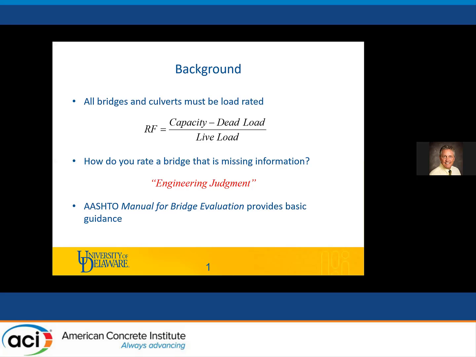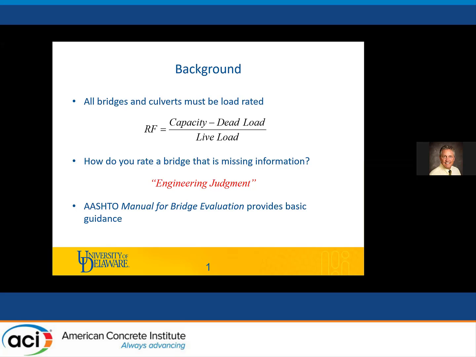Okay. As many of you probably know, all bridges have to be load rated. Federal regulations require bridges to be inspected every 2 years and also to be load rated. And that rating is basically a calculation, shown in the slide here, where for the capacity of the bridge, you subtract the dead load and then divide by the live load. Basically it's looking at the reserve capacity in the bridge for live loads. And that's done for moments, for shears, for reactions, and sometimes also stress in any location that is experiencing those